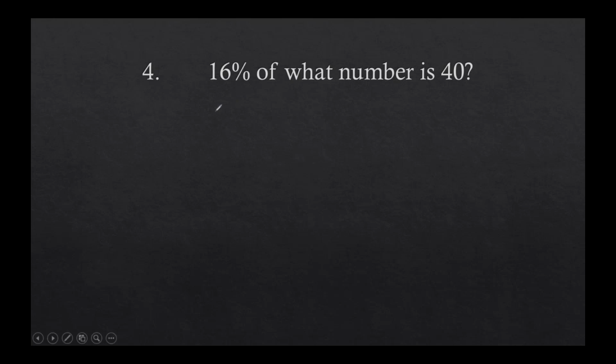So, okay, let's do this first one. 16% of what number is 40? The first one we're going to do is the proportion. When I'm setting up a proportion, I always start with the percent, because to me, that's the easy part. So if I see 16%, what is my first ratio going to look like?